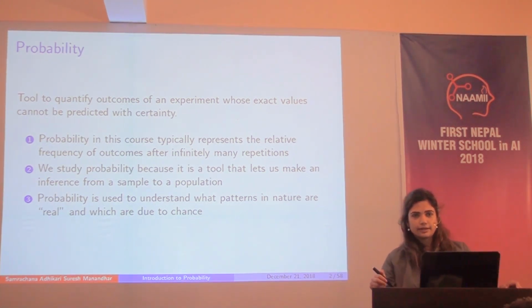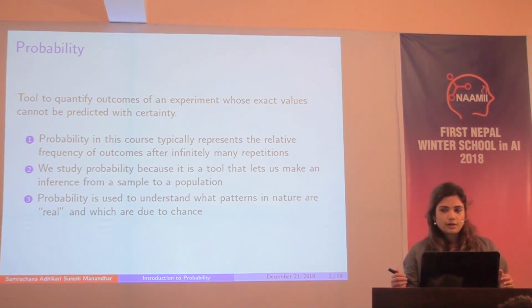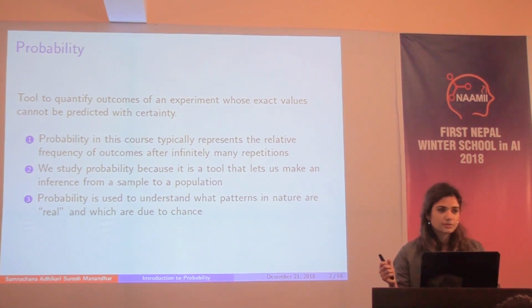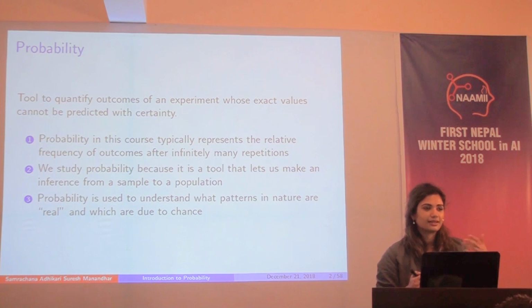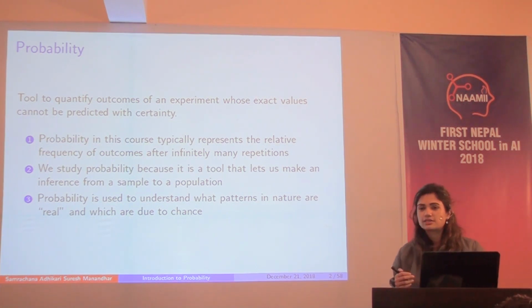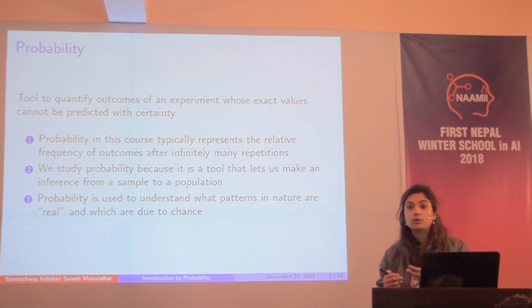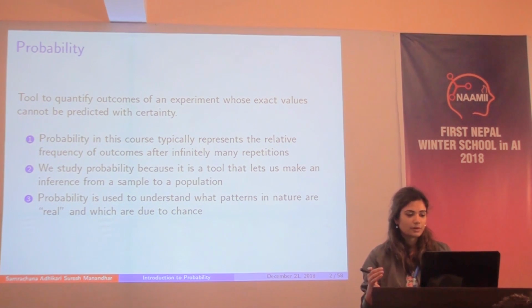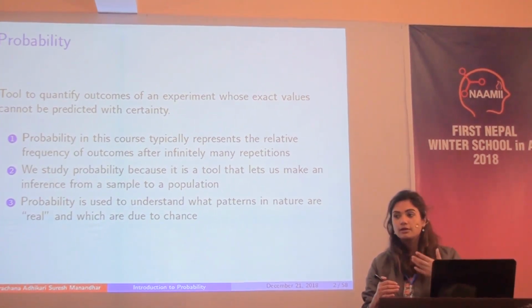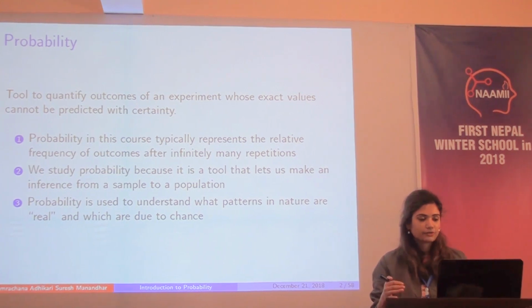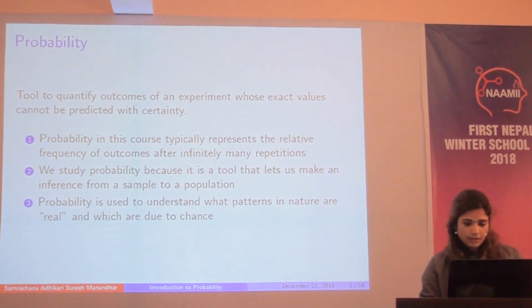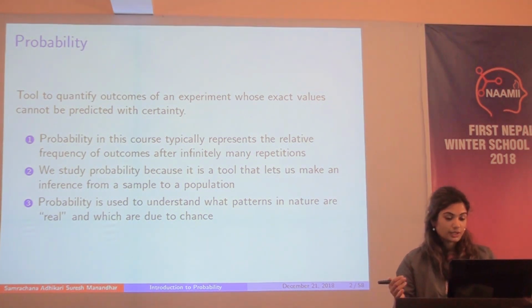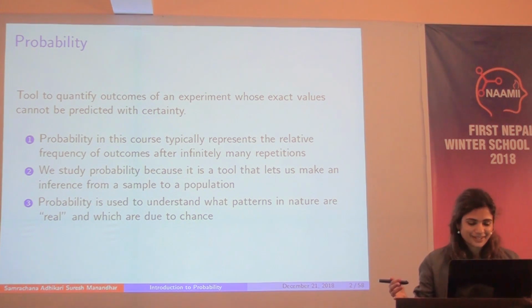In this course and in the rest of the lecture, we'll use probability to typically represent the relative frequency of outcomes. So if you were to do the same thing again and again in an experiment, what is the most likely outcome? And can we quantify that likelihood? How often are you getting that? That is the basis of probability for this course, and a lot of tools you'll learn later.